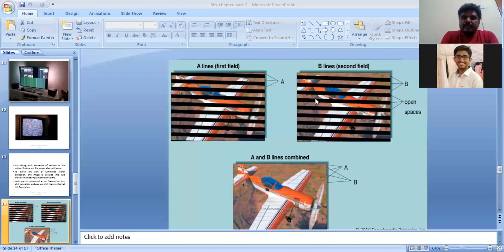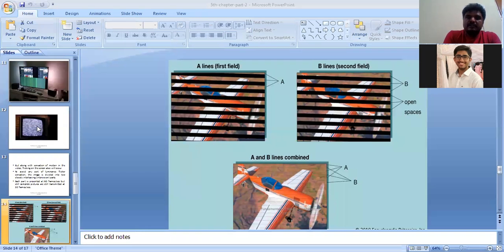So what are the advantages? You can scan the image much faster: only one half, it will take half the time. The other half will also take half the time. So 60 frames per second can be scanned, and this also 60 frames per second, though it happens very fast, but in effect the overall picture is scanned 30 frames per second. As and when this is scanned, this is displayed. Overall, though it is 30 frames per second, it happens very continuously, so there is no hurdle of flickering.